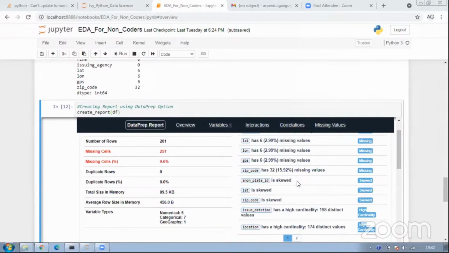So what is the impact of this? Obviously my reliance on the mean reduces.